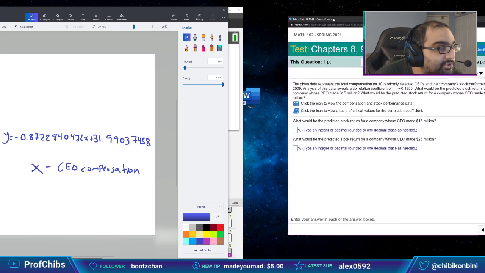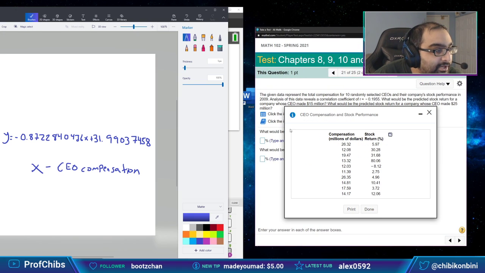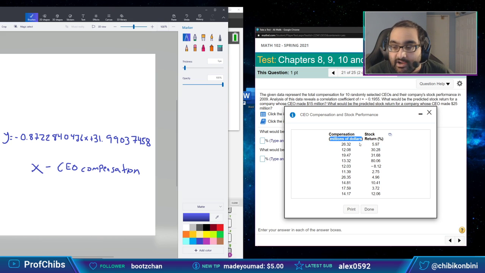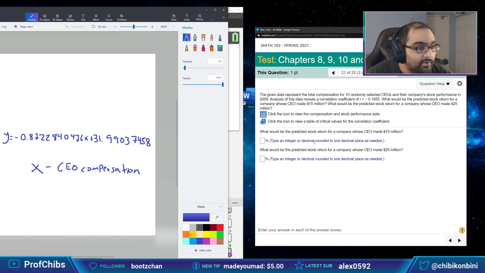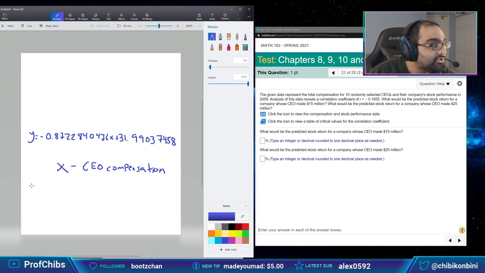So to answer your question there, Kristen, x is the compensation in millions of dollars. That's what x is going to be because that was our x in our chart. This is where you have to be a little careful. The compensation here was in millions of dollars to start with, so it's not going to be 15 million, the number. Instead, it's going to be just 15, because x is already defined in terms of millions of dollars.